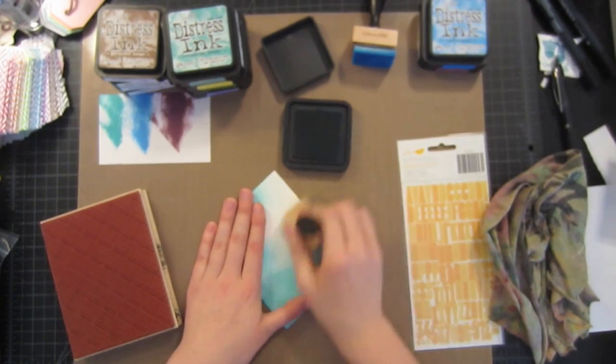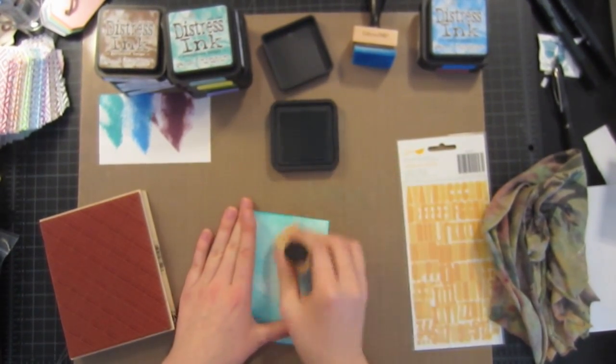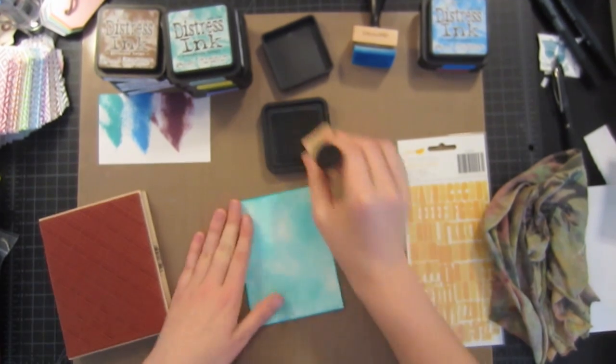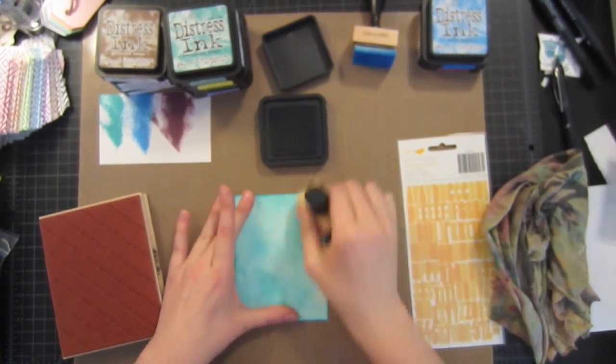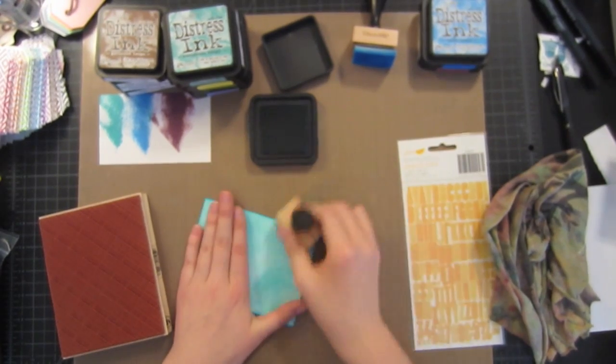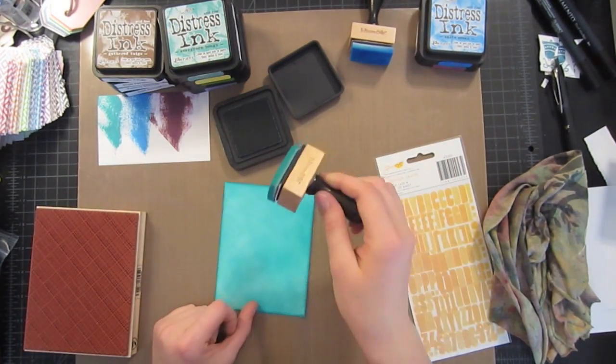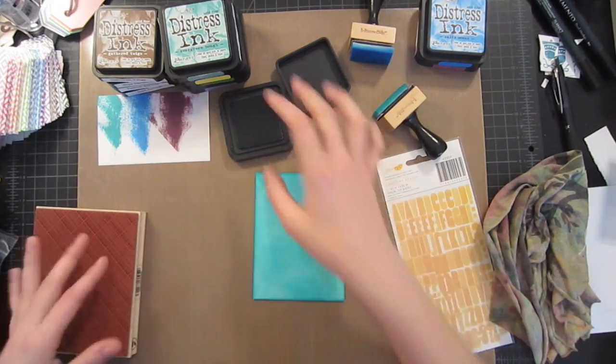I'm just blending it on here using a circular motion onto regular white cardstock. This is Nina Solar White cardstock. And just making sure to get even coverage as best as I can. Using my ink tool, letting the ink tool do all of its work for you. So now that we've used our ink tool to blend on the Peacock Feathers, I'm actually going to create a